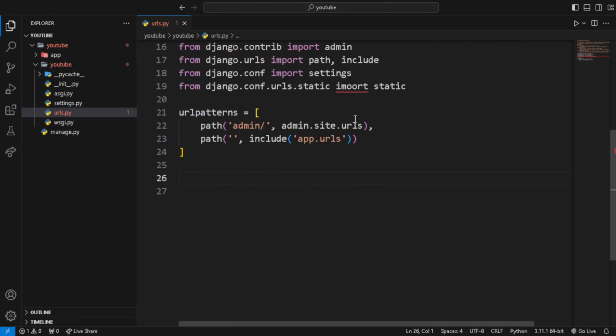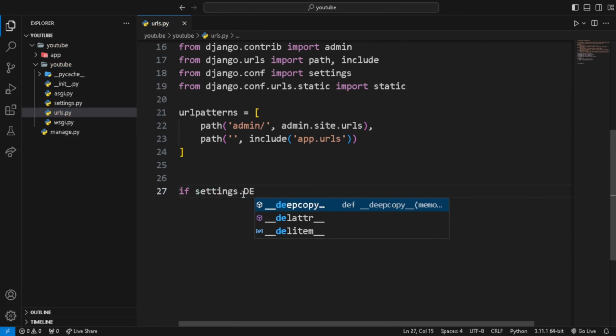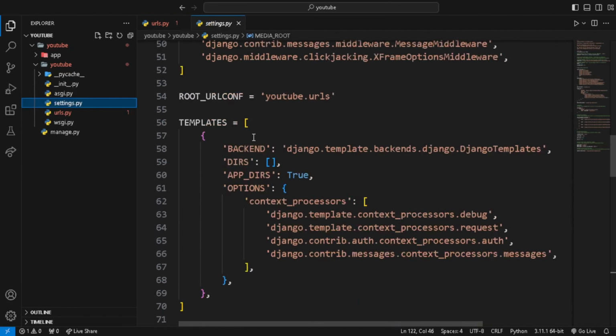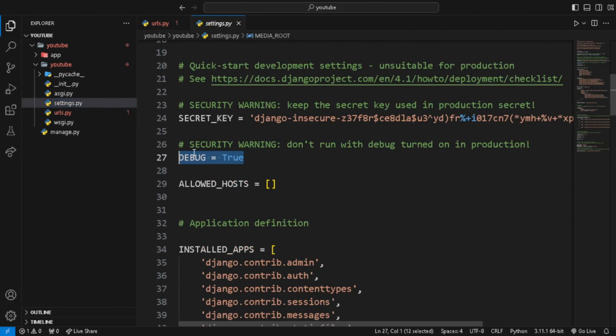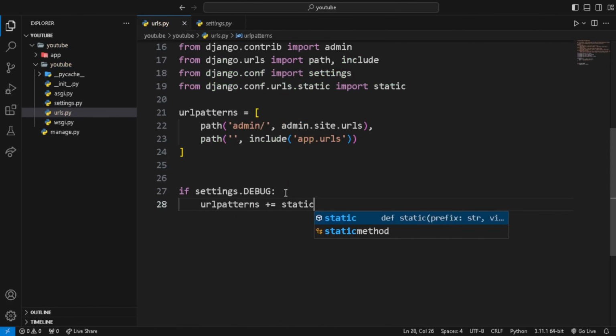Now we need to configure the static files, even though there are no static files in it, but there are media files. So we'll do that. If settings.DEBUG, this will be done only if the debug is set to true in the settings.py. Because in production we'll set the debug to false, and we need to use some other software to store our images and media files. So to the URL patterns we are going to add a static one,